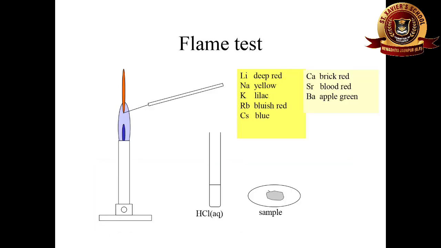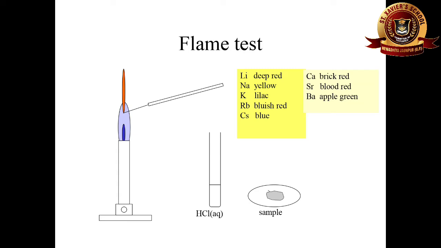Now, what are the characteristics of flame and flame colour? The colour of the flame depends upon the transition of electrons and release of energy. For example, if we burn any element or compound, they donate electrons to another element, by which transition of electrons takes place, which causes the colour of the flame.